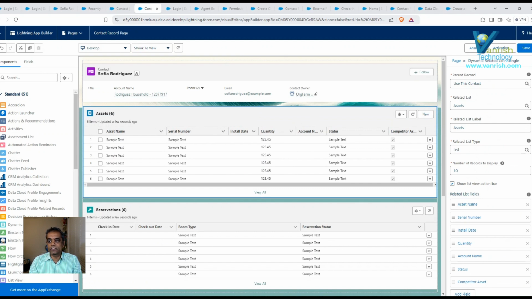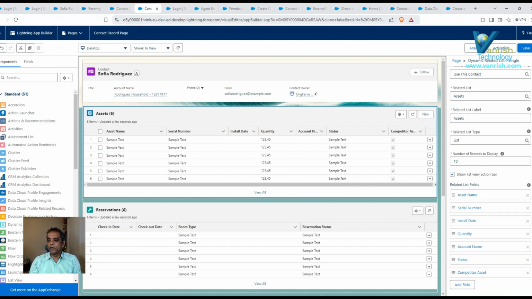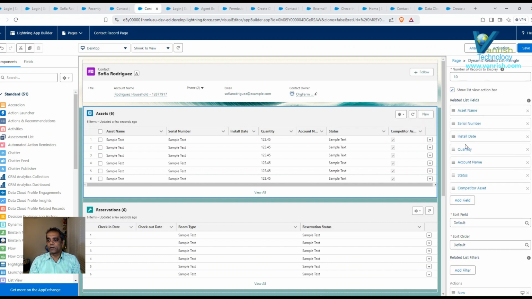If you notice, this is a dynamic related list. Single is over here, and then I added this information. Use this contact asset related list label, and then I added a couple of fields over here, and then save it. So this information will populate. So once it's done,